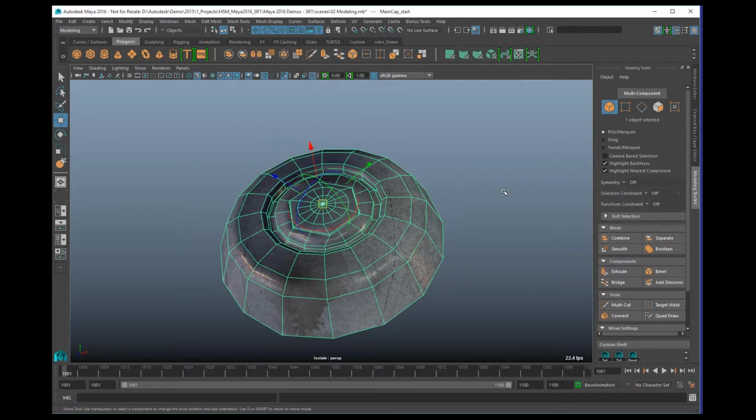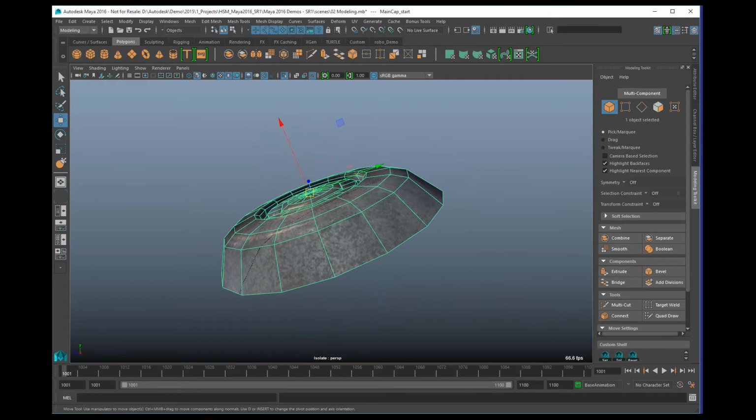I can also hold Shift or Control to modify this. For example, when I hover over an edge, it would say align. When I use the Control key, it would say orient. So it would not move the pivot, it would just orient the pivot along this axis that I'm hovering over. When I click on that one, you see that the pivot changes a little bit, and this y-axis is now properly aligned to the rest of the object. I'm hitting the D key again, and now when I rotate it, you see that my move manipulator is aligned along the object's